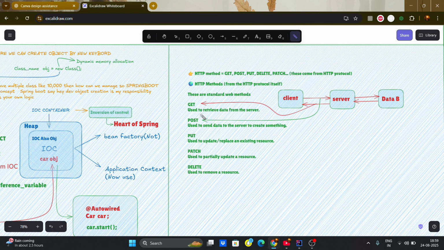Get is basically used to retrieve data from the server. If you know the client and server architecture, the client is basically the front end, and the server is basically the backend. We know that Java is a server side language. For client side, React is popular right now, and HTML, CSS, JavaScript are also popular. As Java developers we focus only on server side programming, and for the database we use MySQL here. So get is used to retrieve data from the server,